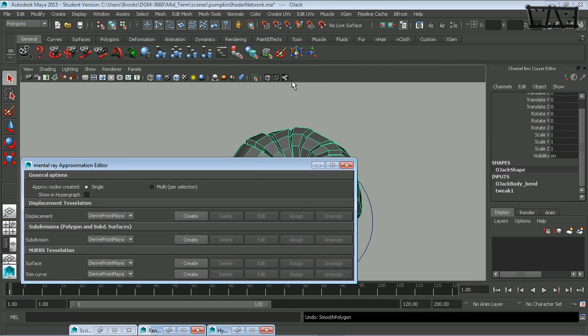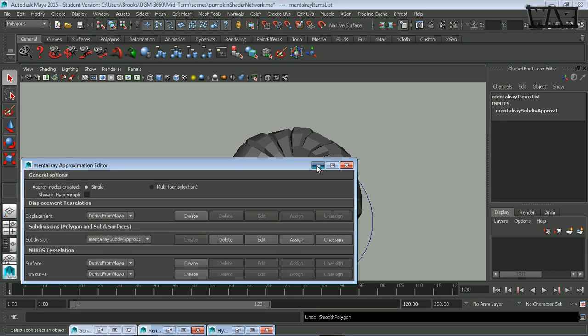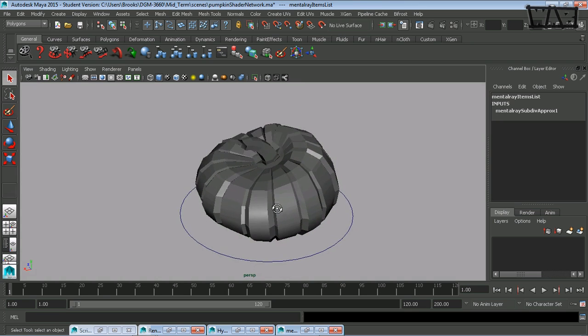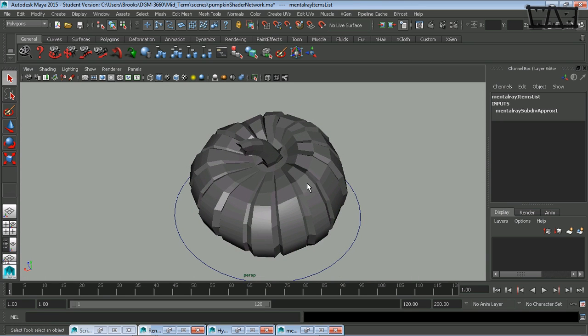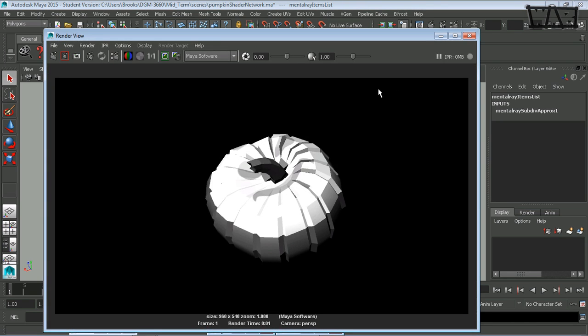And then you want to go to the approximation editor, and with your mesh selected, if you go to the subdivision section, you click create. Now when this is rendered, it's going to be smooth every time. Although my user interface will never be smooth. So if I render it, oh, I lied. So what I did is